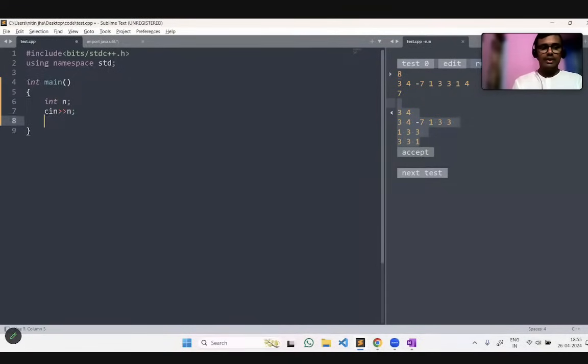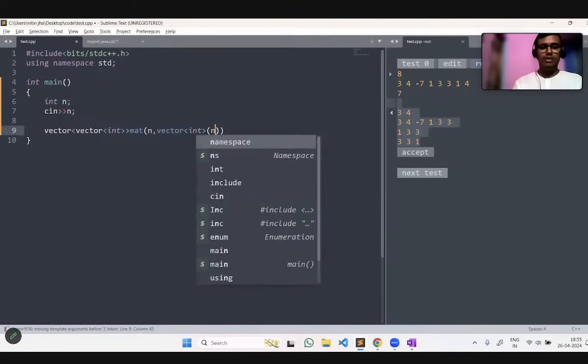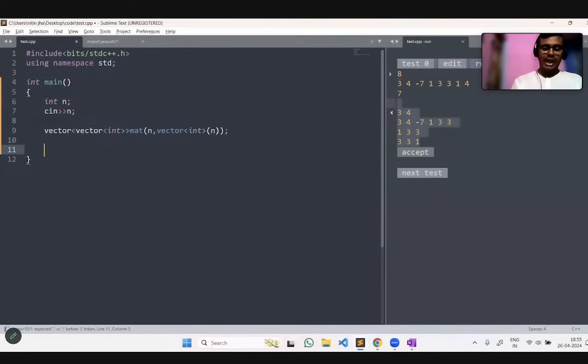Okay. And then we are going to take vector of vector of int of matrices in which the dimensions are n cross n. Okay. Vector of vector of int of n.